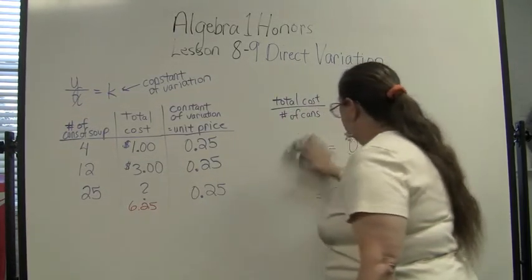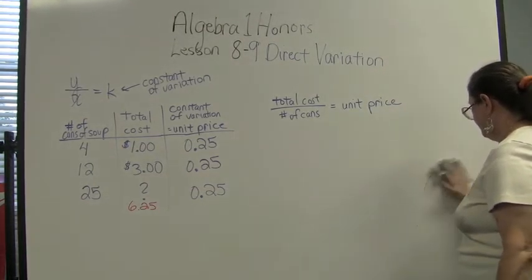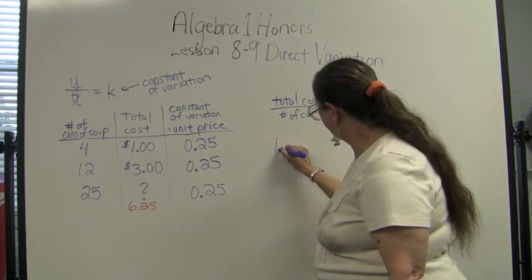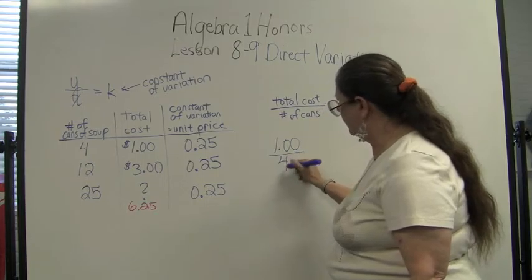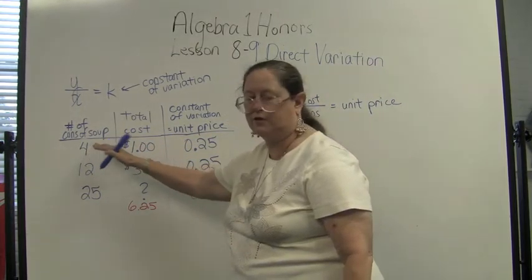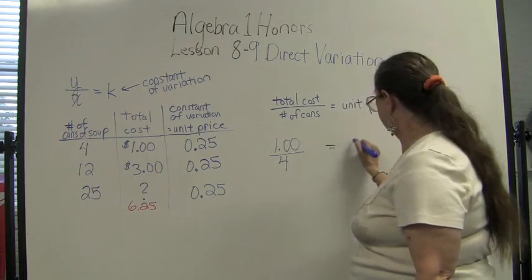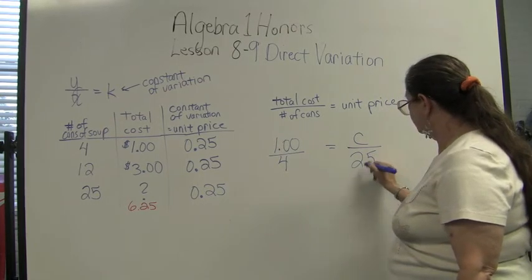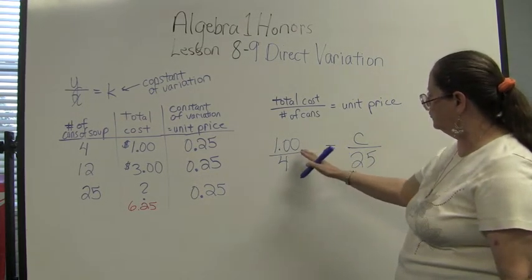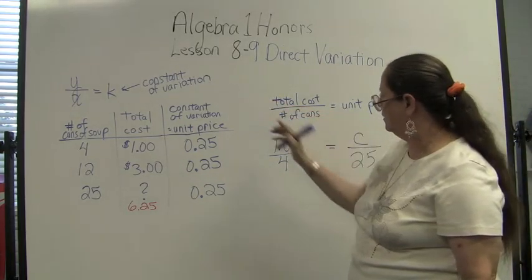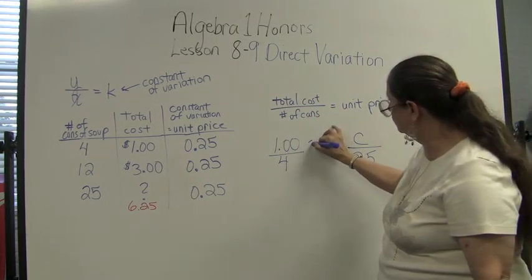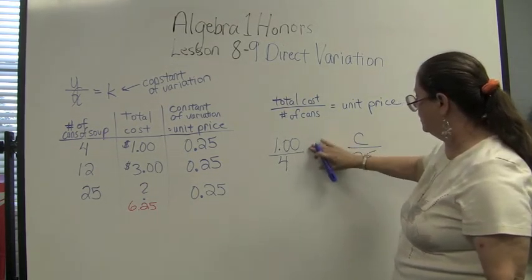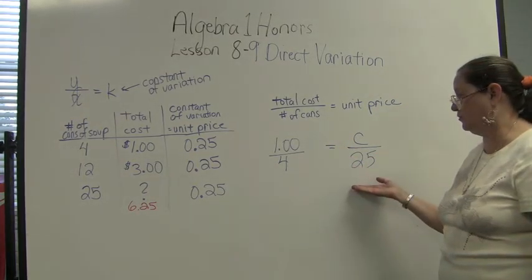The other way is to set up a ratio, and say that $1 is to 4 cans, so this amount is to this, as the amount you don't know there, C, what you're trying to find, is to 25. Now, the reason you can do that is because both of these have to be equal to that same unit cost. So it's like saying this is equal to K and this is equal to K, so you can set them equal to each other. That's what makes the ratio work here. Okay? But this, I think, is an easier way